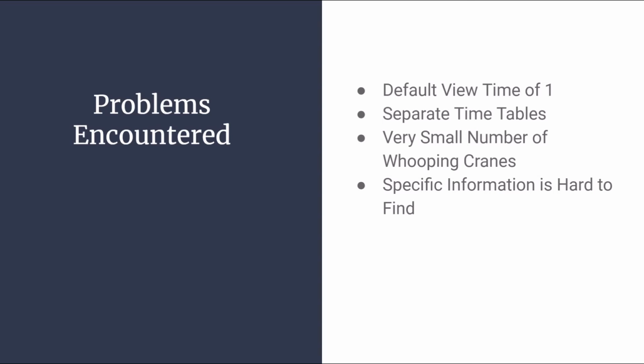The other thing we need to talk about is some of the problems we encountered along the way while making this. MLPQ by default will have a display time of 1, and what that means is that if you have time data in your databases, you can only see any entry that has a time value of 1. This took us a while to figure out, one, what was going on, and two, how to come up with a way to fix it. What we did is we ended up making another table, separate from the main cranes table and their coordinates, that had the time values of when these sightings had occurred, what season they were in.